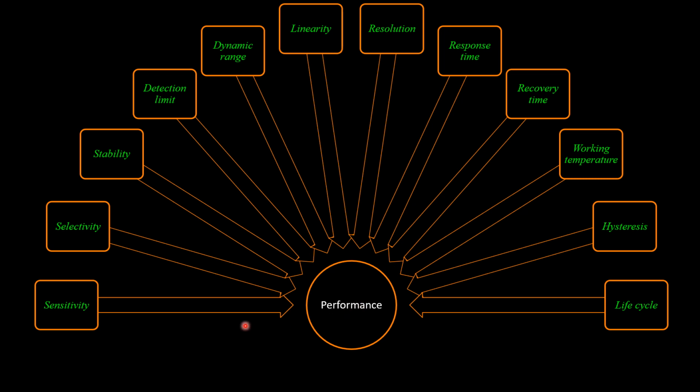Let's look into those important parameters that will either positively or negatively influence the performance of the sensor: sensitivity, selectivity, stability, detection limit, dynamic range, linearity, resolution, response time, recovery time, working temperature, hysteresis, and